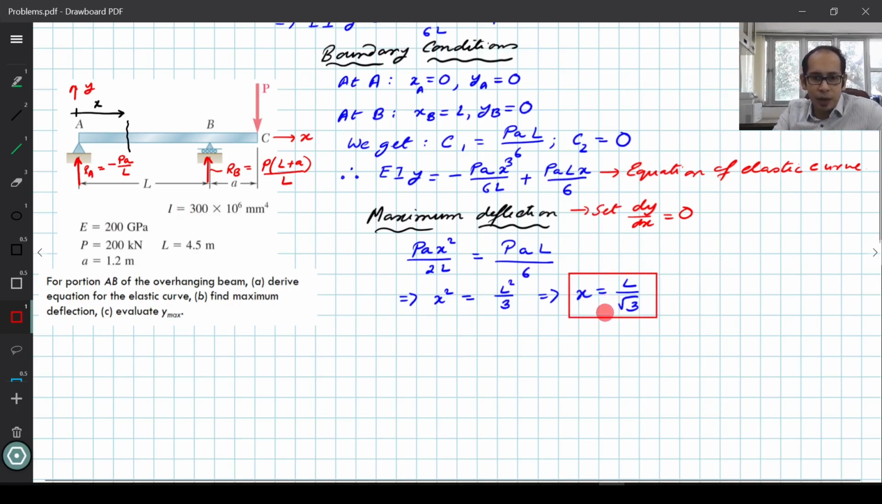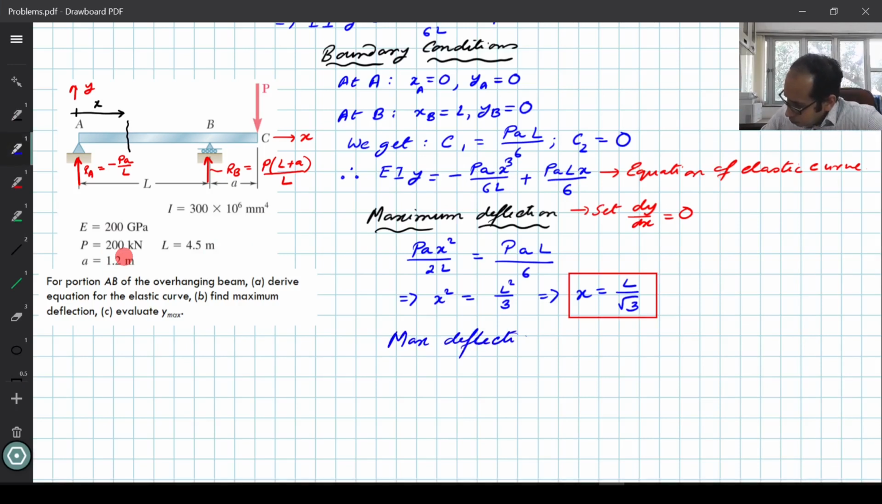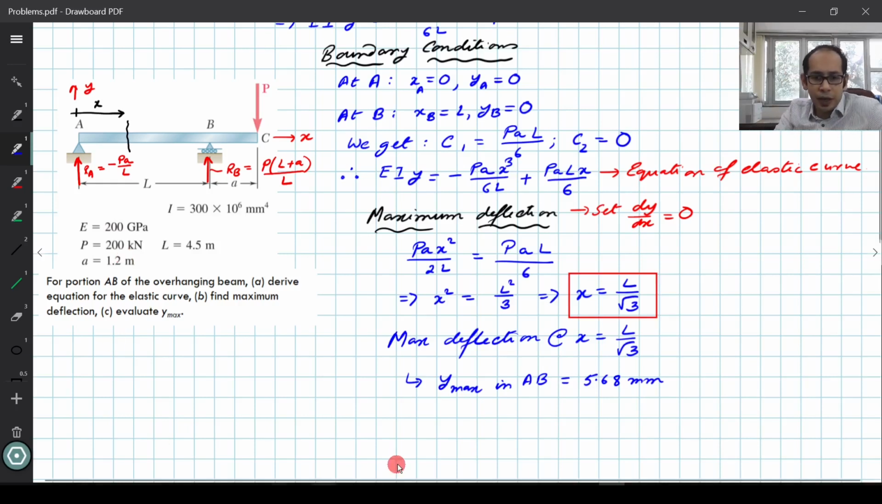So if we plug this back over here and plug in the other estimates that I have, that is L equals 4.5 meter, E equals 200 GPa, you are also given the second moment of the area, that is 300 raised to 6 mm raised to 4, and also the value of a that you see, which is given as 1.2, you will get the following number. So you see, this is the value of the y max in the